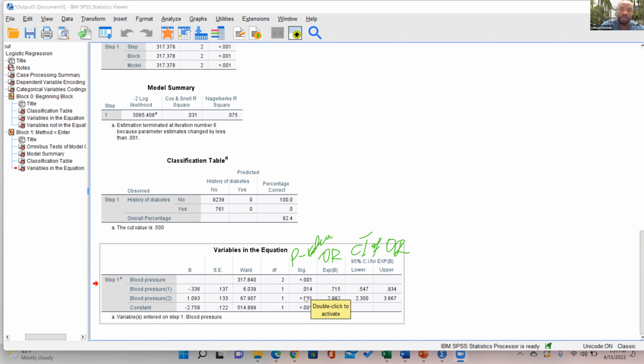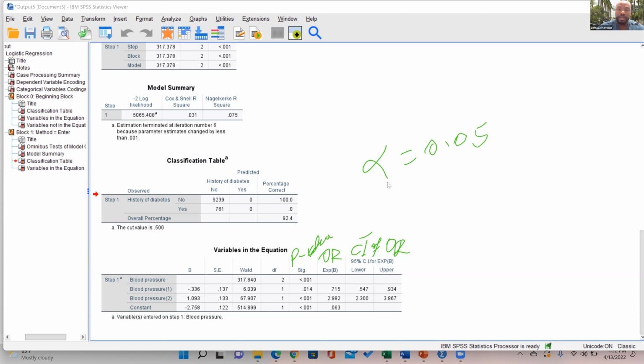Because if you compare it with the alpha level of significance, usually 0.05, then that tells us that the p-value for the normal blood pressure is less than 0.05. So given that the p-value of the normal blood pressure is less than 0.05, we conclude that there's a significant difference between the normal blood pressure and the reference group,